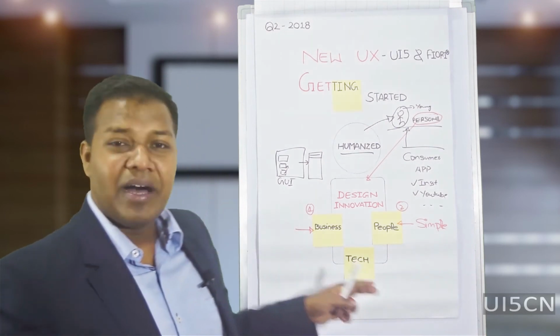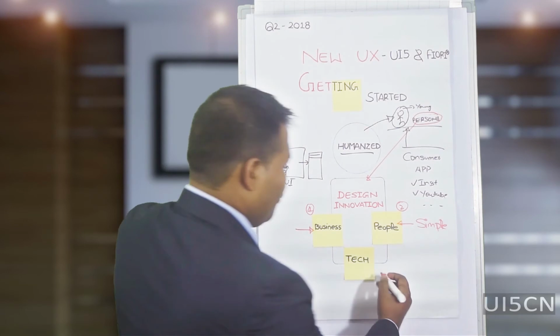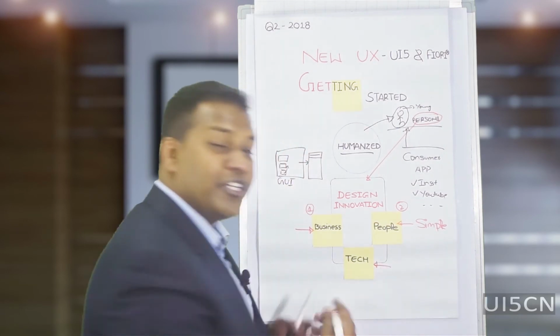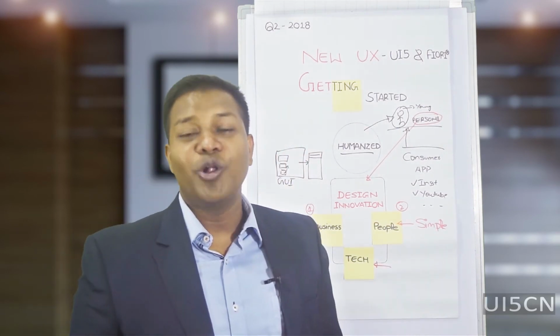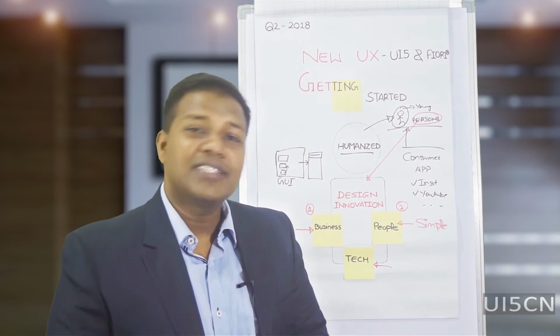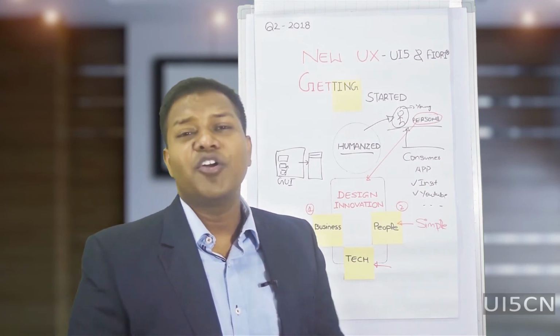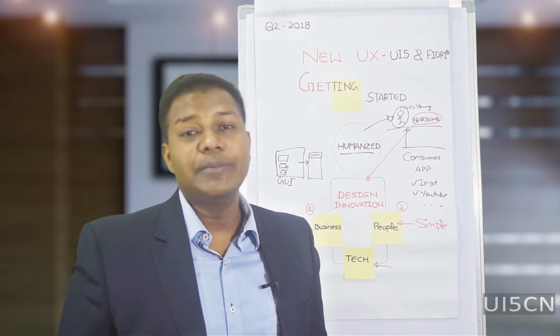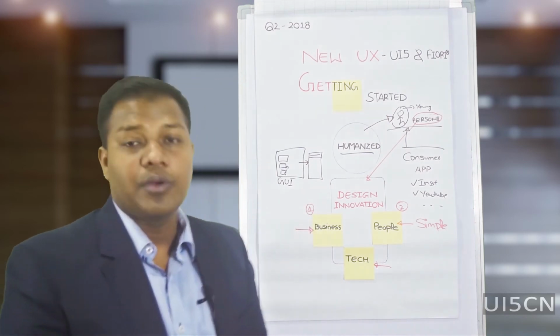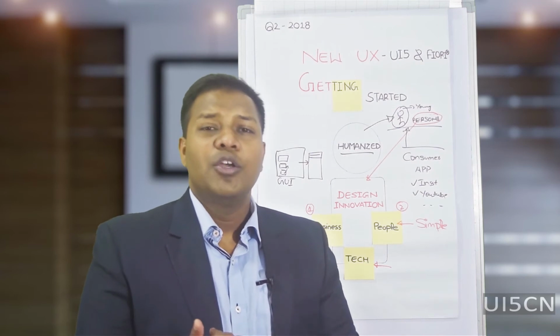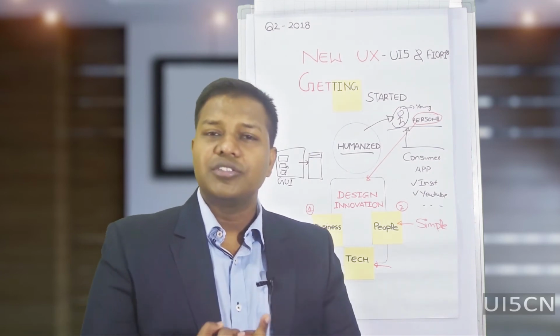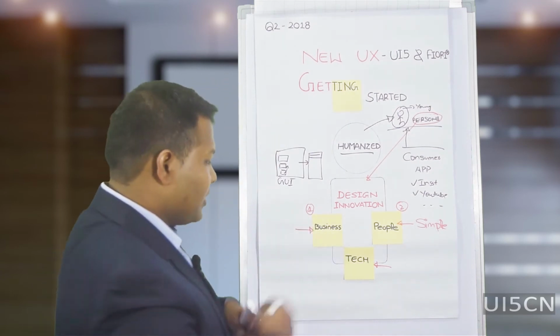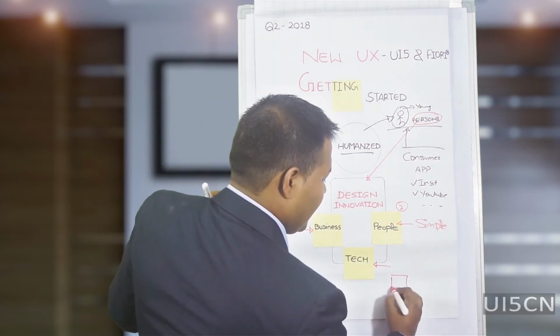Now, the final part is the tech part. We are making applications for the enterprise, so the technology should also support it. I cannot make applications which are not supported by the current technology available to me. So we have the web browser's capability to render applications, and integration with the backend. Let me draw that. So we have the front end.